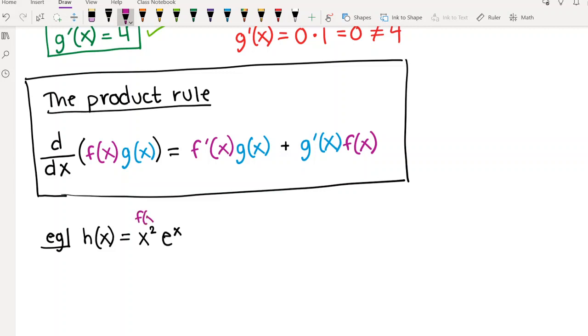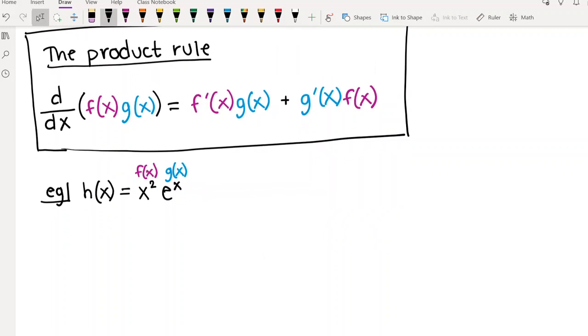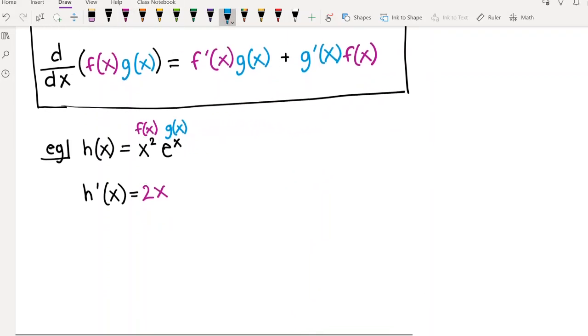So our x squared would be our f of x, right? And e to the x would be our g of x. And so what the product rule tells us is that our derivative should be equal to the derivative of x squared, so that's 2x,